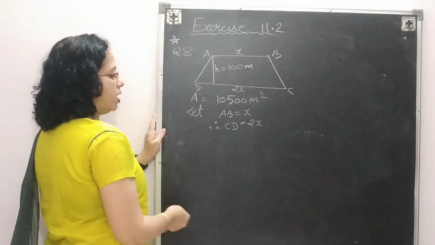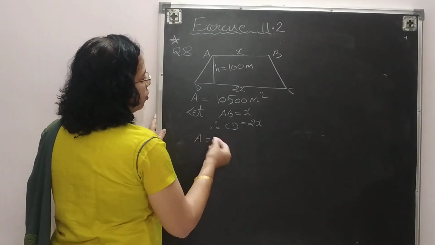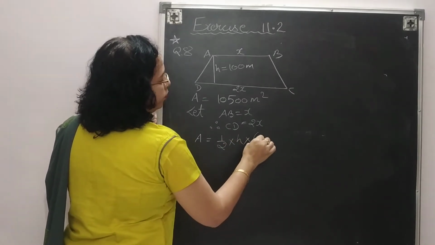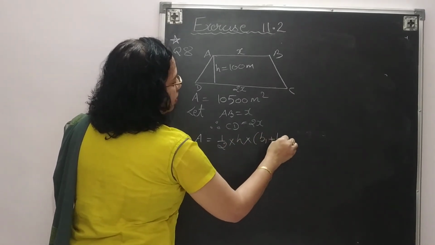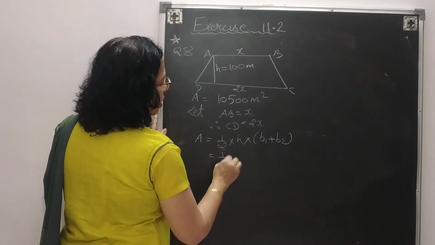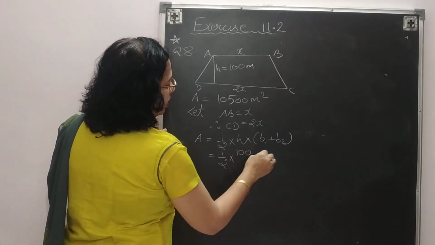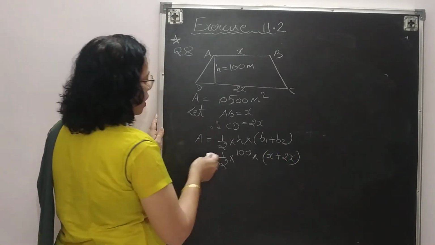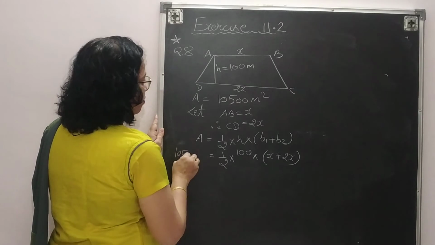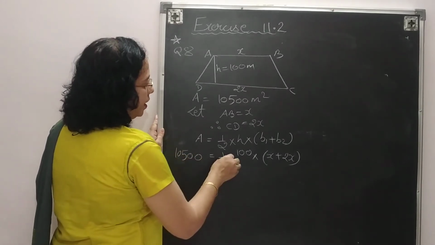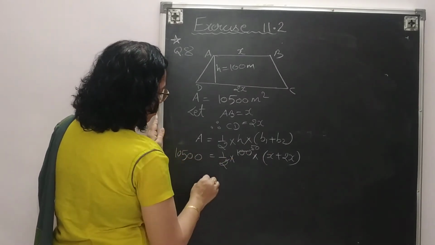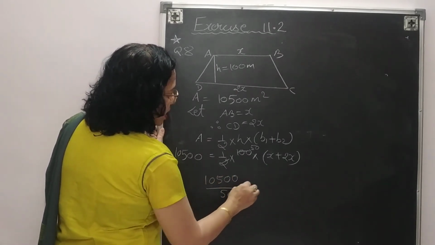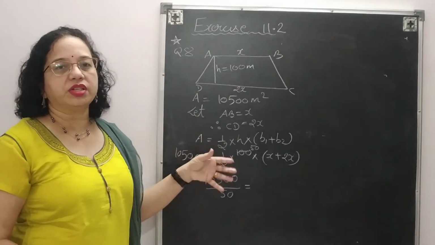Okay. So again we can find out the area. What is the formula for area? Since this is a trapezium, half into height into bracket sum of parallel sides. So half, how much height is given here? 100, and in bracket x plus 2x, and how much area is given here? So we will write down area also. Now you can cut the number, this will become 50. So 10500. You can do calculation at last also, or you can do calculation side by side.